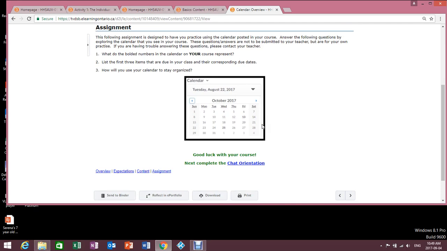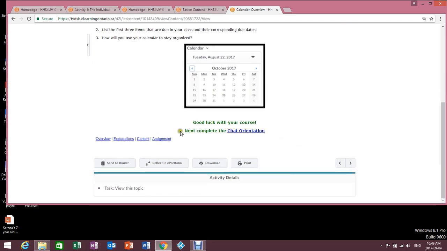A lot of these won't have assignments associated. It's just making sure that you understand what's going on with the orientation. And then again, I've created a link so you can go to the next part of the orientation. Okay, so complete all parts of the orientation. If there's an assignment associated with it, make sure that you are doing those, especially if you're new. They will not count as part of your mark.